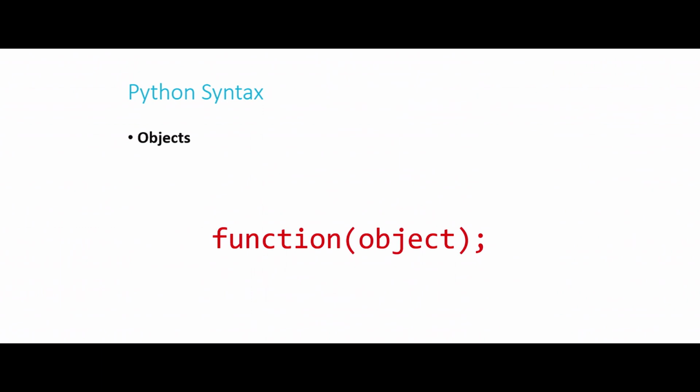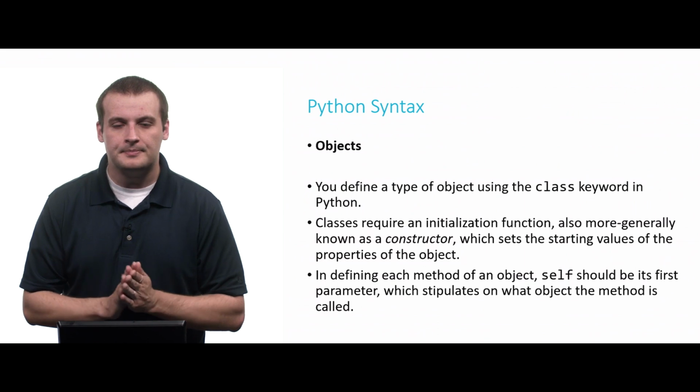We don't pass objects into a function. We call methods on objects. And that's the general syntax that you'll see in a lot of object-oriented programming languages: there's some object, and there's some method, which again is just another word for a function, that is associated with it that we are calling on that object. We'll take a look at an example of this in just a moment.